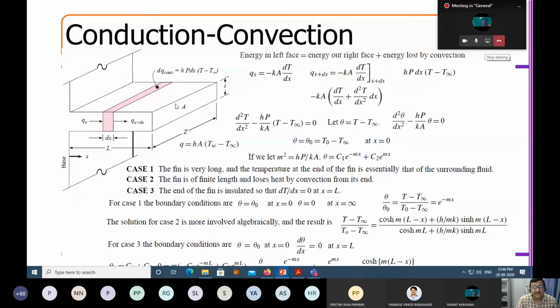So if you have an insulator, then what happens? Then you put a boundary condition where dT/dx equals 0, which is a Neumann condition. So for the heat flux for an insulator, what is the take-home message from this slide? The heat loss across a fin can be due to heat transfer by conduction and heat loss due to convection. This heat loss can be integrated into the governing equation.